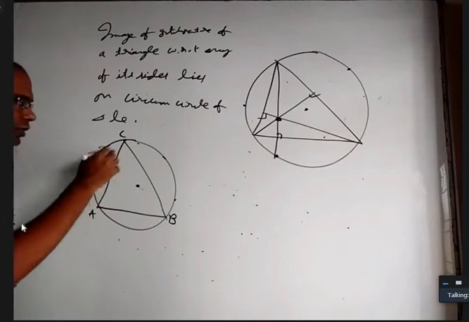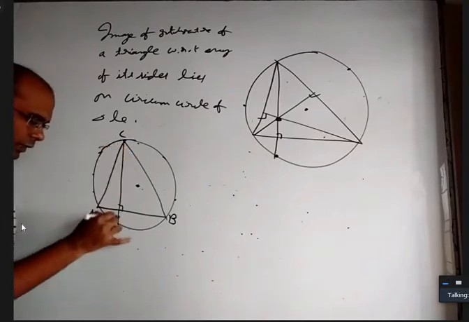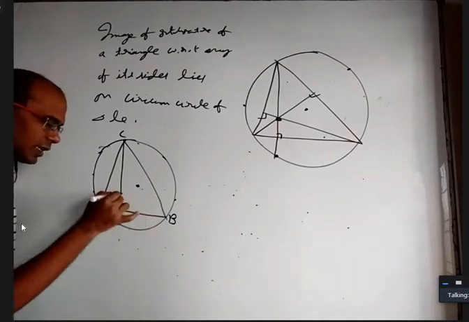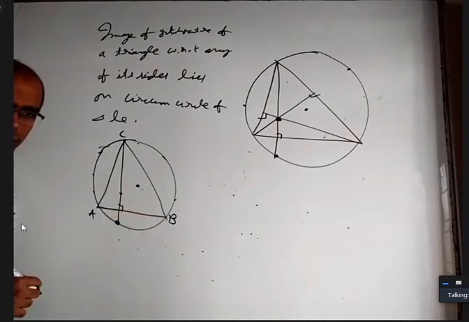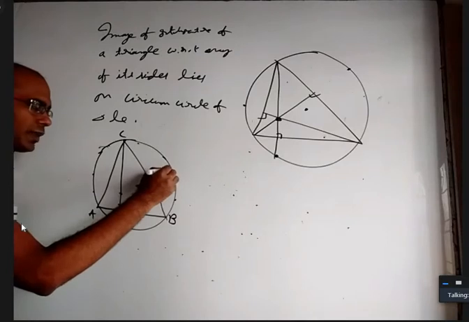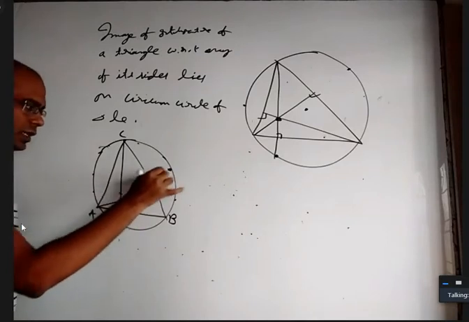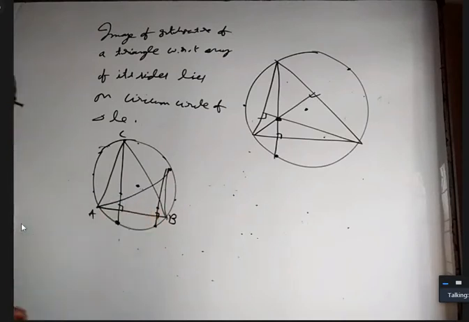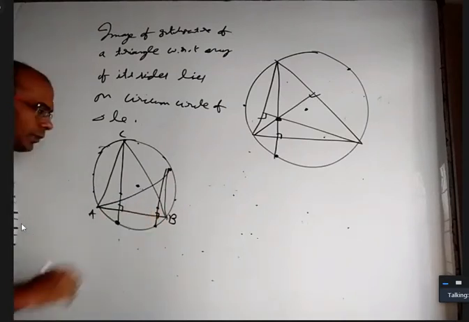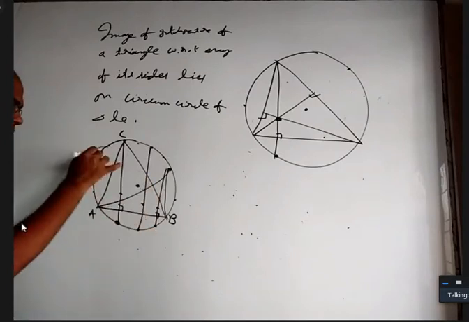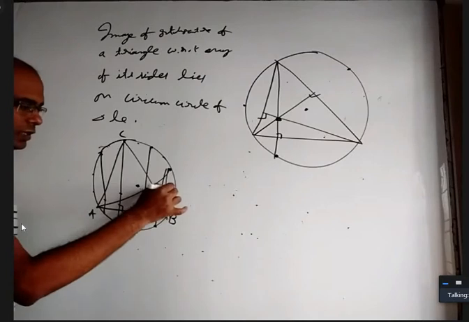So basically what to do is draw one altitude. It will meet somewhere. The image of that with respect to this line I will find. Will that be the orthocenter? Yes. Let us take point C here. Again, take that triangle, find the altitude, extend it. The image of that I'll get something here. When I take C here, this is the image of this. When I take C here, image of this.